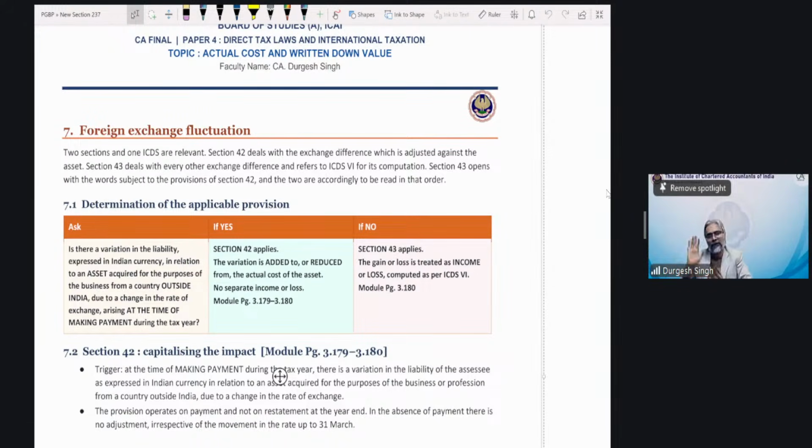Now, friends, this comes and recall the larger principle which I taught you when we were discussing the block method. And again, this will reconfirm that important principle I told you earlier also, that the asset enters into the block at the actual cost. The asset, students, enters into the block at actual cost. And the fact that the asset enters into the block at the actual cost, what happens in that context?